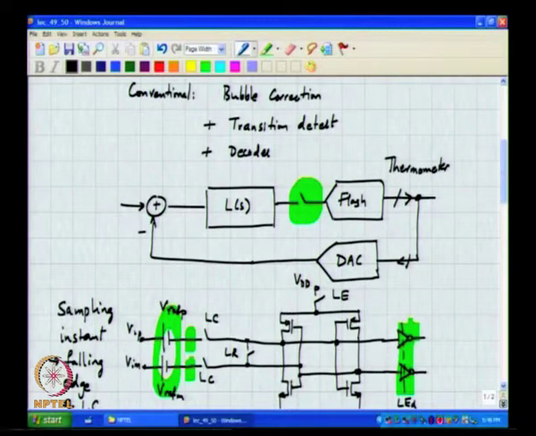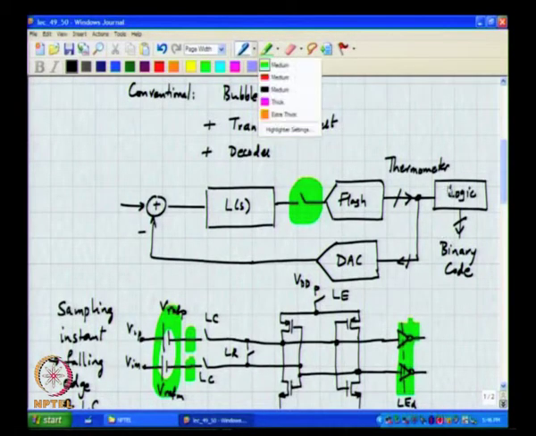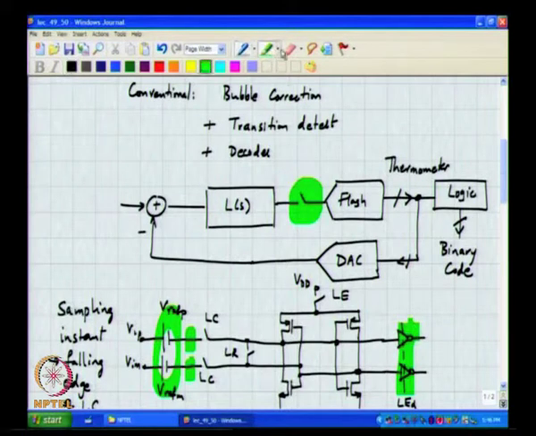The thermometer to binary logic can be done outside the loop, and therefore, the latency involved in combining all these ones etc. is not a part of the loop at all and does not contribute to excess loop delay,